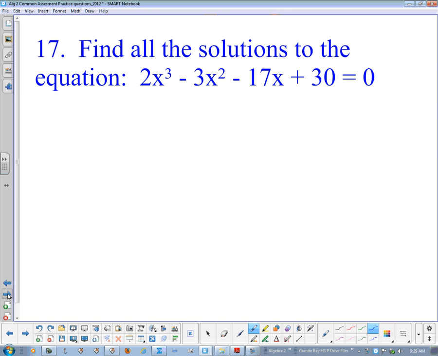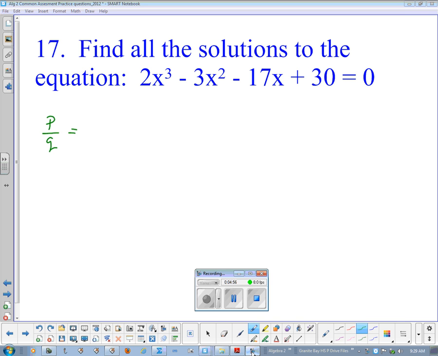Next problem, find all the solutions to this equation. All right. Remember, you try to factor this by grouping, but factor by grouping will not work at all. What you're going to have to do is the p over q. You have the p over q. Okay, back, p is the